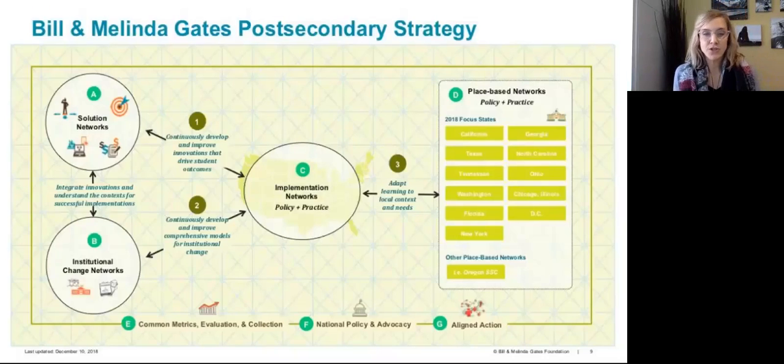We're central to the Gates Foundation post-secondary strategy in that we are the hub or the vehicle to take the learnings and impact in the field and apply that at scale in these place-based networks.